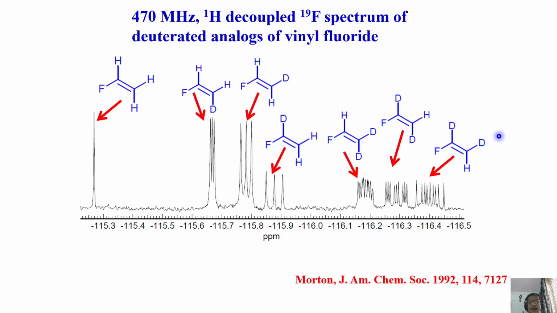Very nice, you see. And most interesting, you have to understand how the deuterium substitution has a dramatic effect on the chemical shift position because of isotopic substitution. Here two deuteriums are substituted; here there is no substitution. In one substitution, in a different position, it shifted like this. With two deuteriums substituted, it shifted even more. So the dramatic effect of the substitution of deuterium is seen on the chemical shifts of fluorine also.